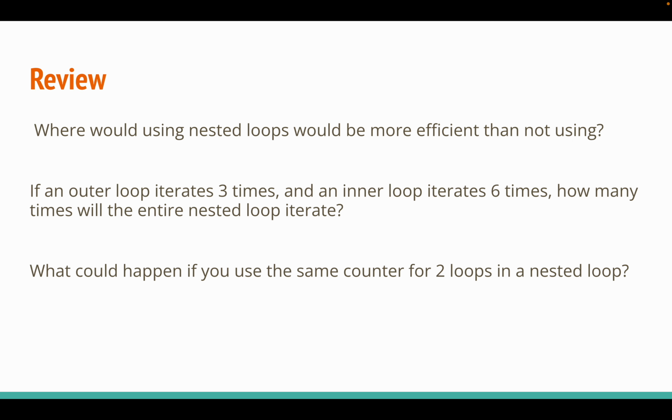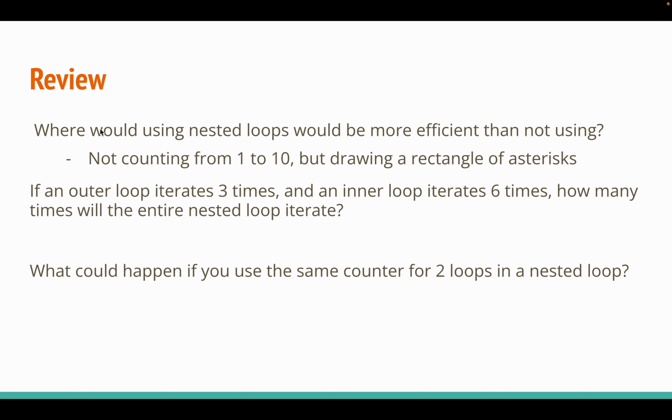Now we'll be going over some review. As I'm going through this, feel free to pause as needed and think about the response before you see the answer. First, where would using nested loops be more efficient than not using them? An example would be not necessarily small tasks like counting from 1 to 10, but things where you're doing something repetitively, such as drawing a rectangle of asterisks, where you're repeating that same row